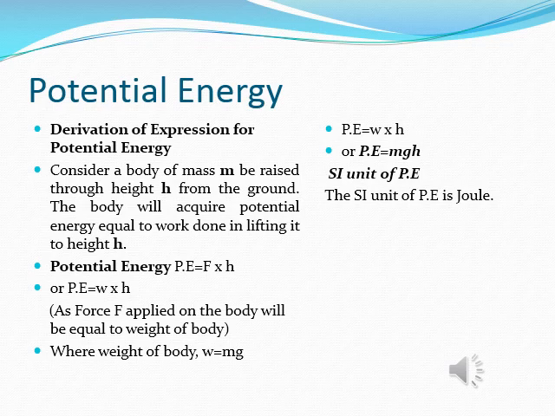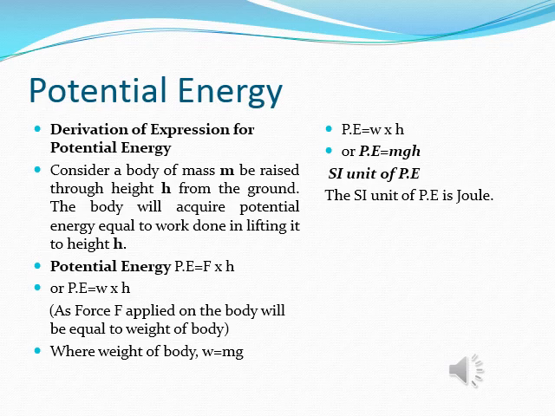Thus, potential energy is equal to force F into height h, or potential energy is equal to W into h. Please note here that the force F applied on the body will be equal to the weight W of the body. So, using W equals mg, we have the expression for potential energy as